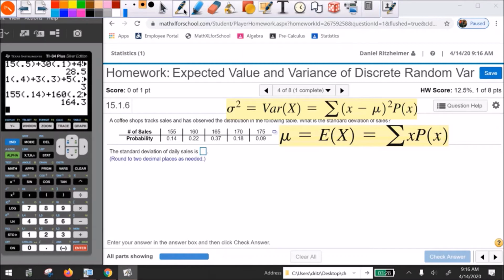We have to subtract each outcome from that expected value, finding how much it deviates from that, and square those deviations. That's what this is saying here. Find how much each outcome deviates from the expected value, and then square that, but then multiply each one of them by the associated probability. So I am going to write that all out. So it's